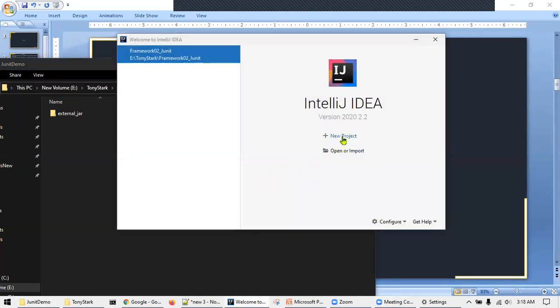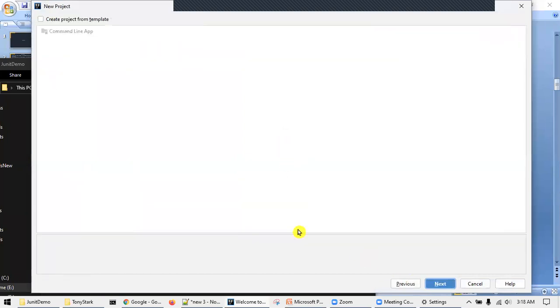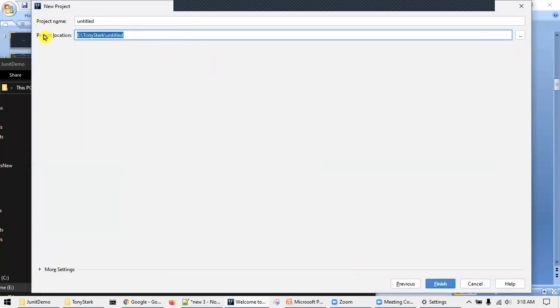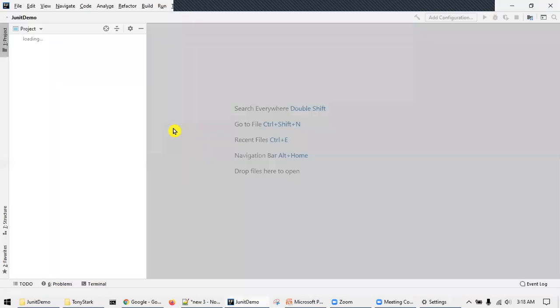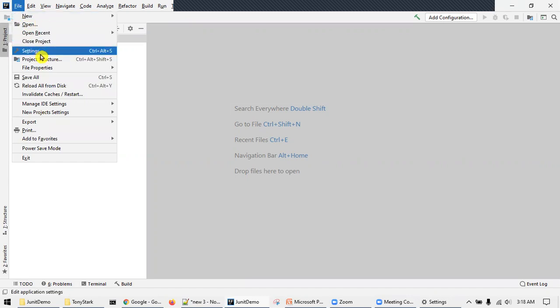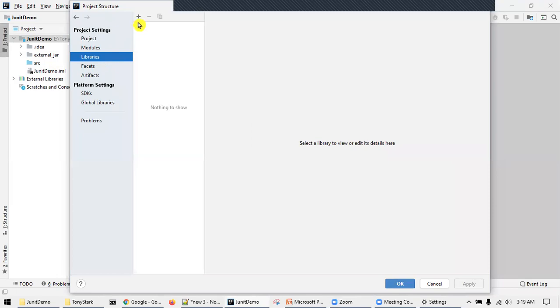I'll say new project, next, and that's it. So now I'm creating a project, very simple steps. Right now, if you see, this folder is shown, but I need to actually import these libraries as a dependency. So what I'll do, I will go to project structure, then libraries, and I'll add Java libraries